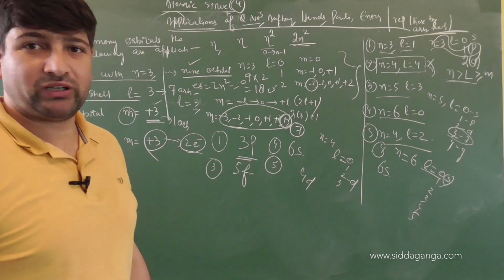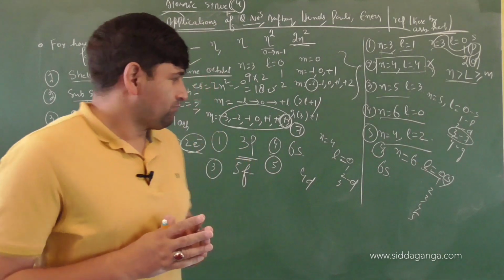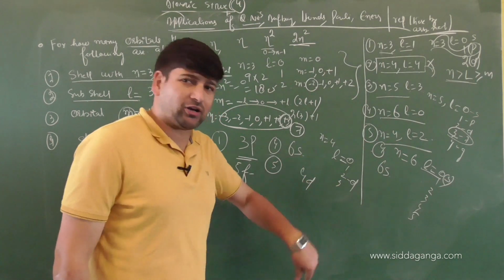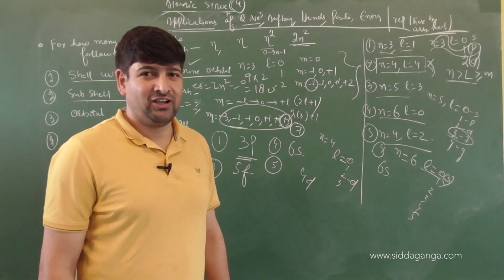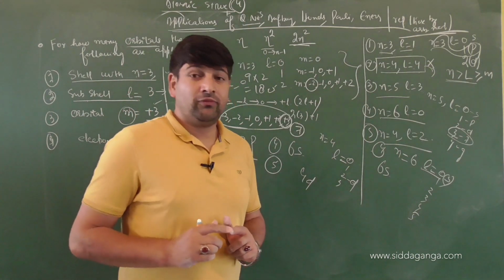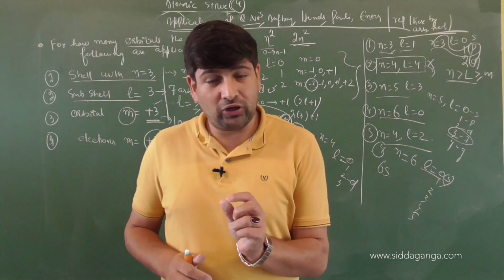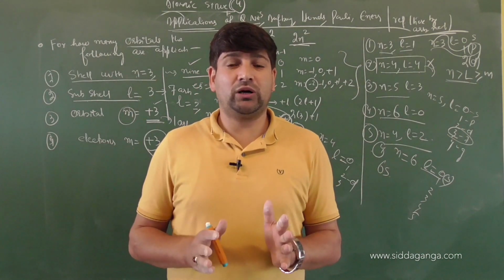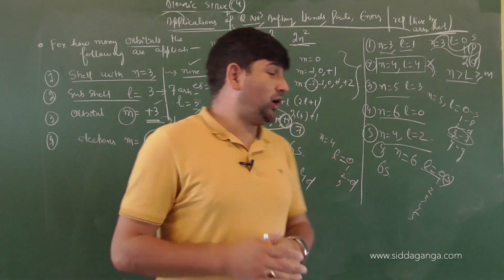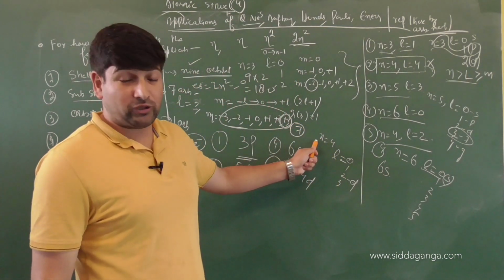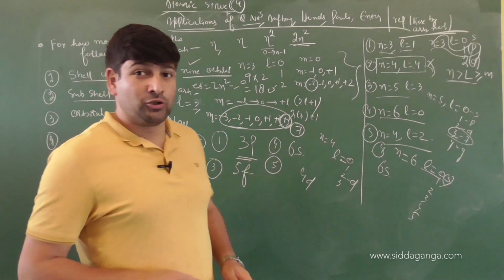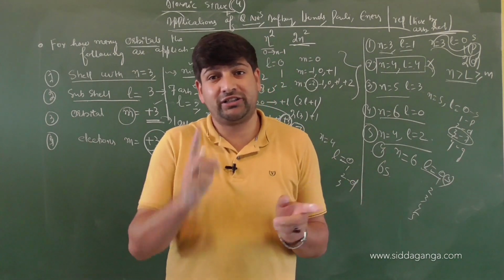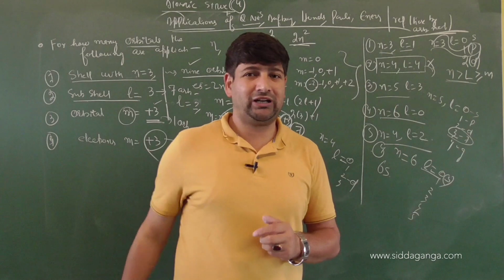Reverse is also true. What I mean to say by that is, if you have been given the orbital notations and you are asked to write the quantum numbers, it should be easier for you now. Clear or not? The only thing you have to keep in mind is whether you are talking about L value or M value. Because if you are talking about M value, technically you are talking about one orbital. And if you are talking about L value, then you are talking about the subshell. That subshell in the presence of electric and magnetic field takes various orientations, and each orientation is one orbital which can accommodate a maximum of 2 electrons.